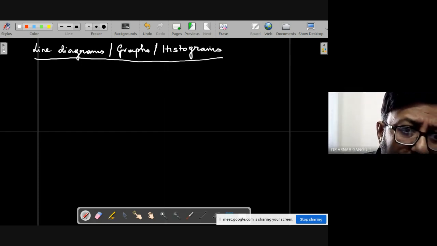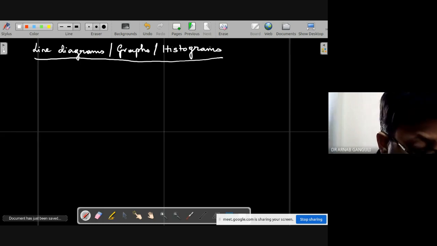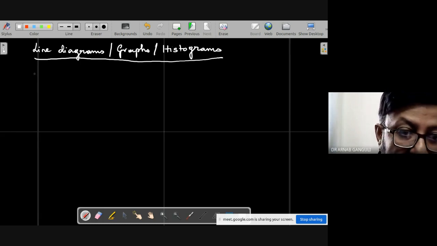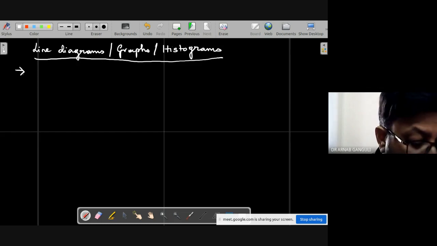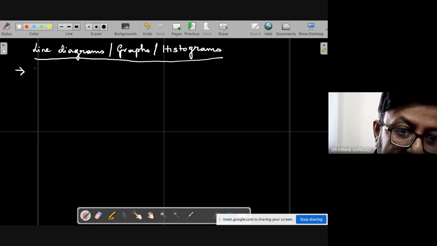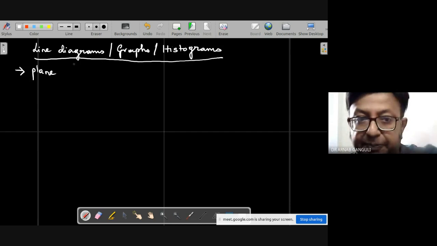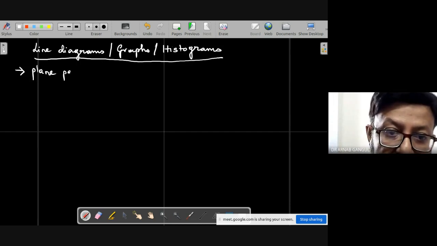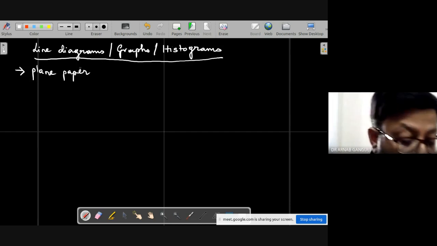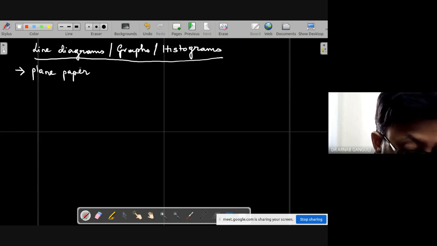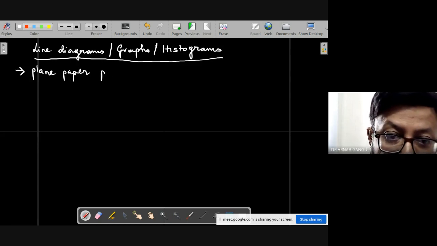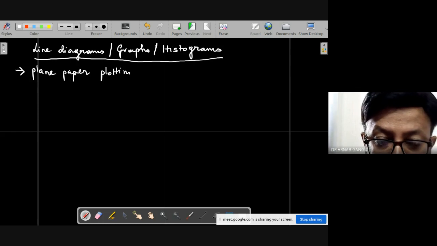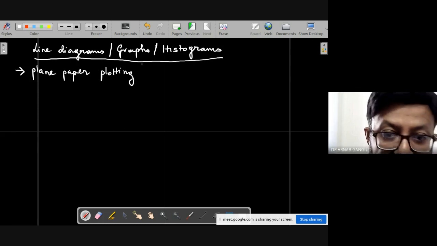This is the most common way of representing statistical data. What is it? It is drawn on plain paper, meaning flat paper. You can do it on a graph sheet and on a computer also. Plotting one variable,